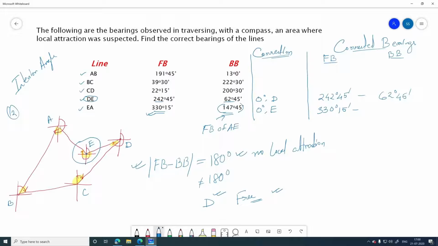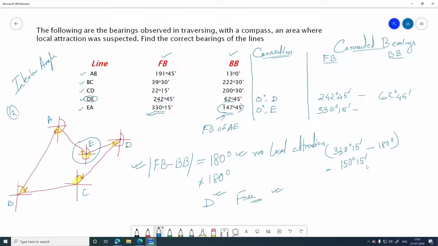Now how much correction is required at this station point A will depend on the subtraction of this 330 degree 15 minutes and 180 degree, because we know the difference between forebearing and back bearing is how much? 180 degree. So the forebearing value we already know, so what will be the corrected value of back bearing? That will be 330 degree 15 minutes minus 180 degree. So what will be the value then? That will be 150 degree